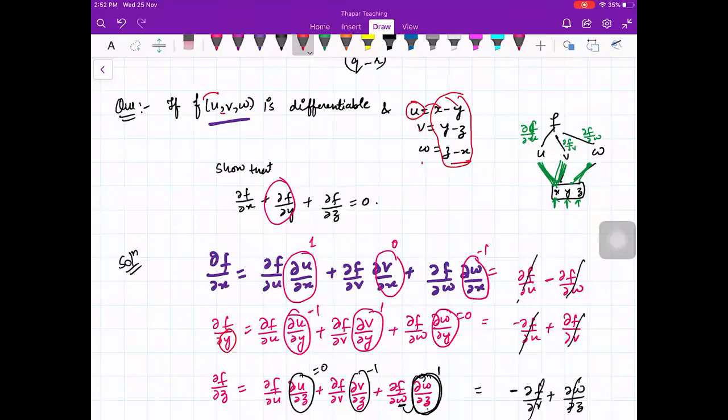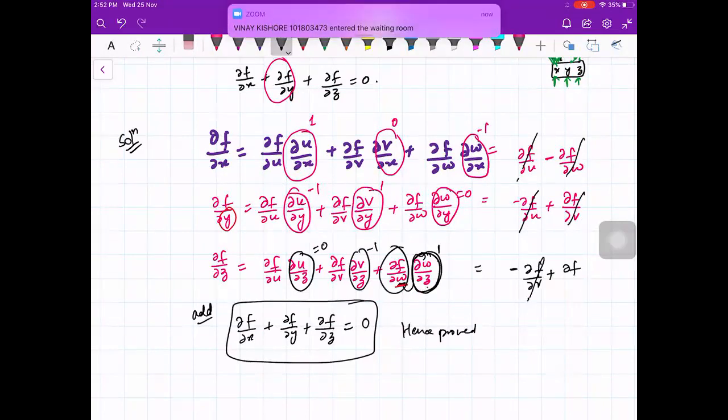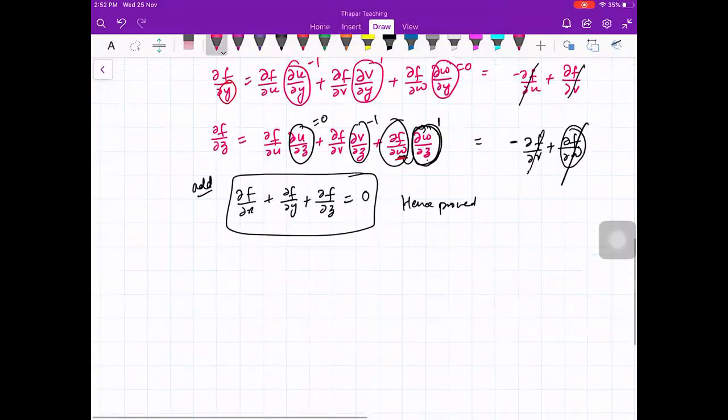Yes, beta. And what I am saying is, in the last term, curly f by curly z, the final term comes out to be minus curly f by curly v plus curly f by curly w, not curly w by curly z, the final term. Yeah, okay, sorry. Yeah, that is why then. Yeah, this is right, this is this term. This is one curly f by curly w, and then it will be cancelled. Okay, yeah. Thank you, beta. Okay, so let us go for the next similar problem.